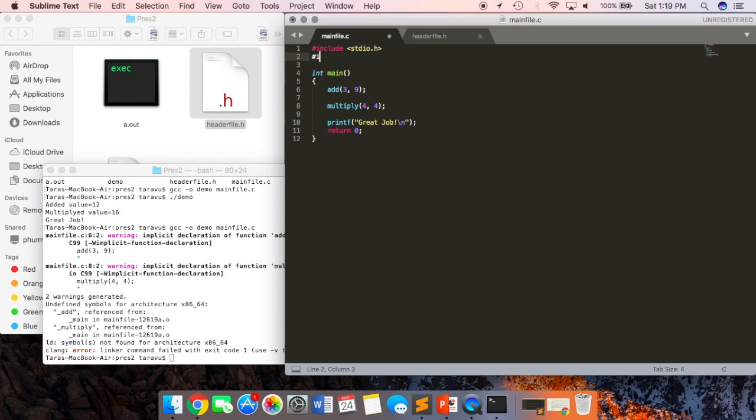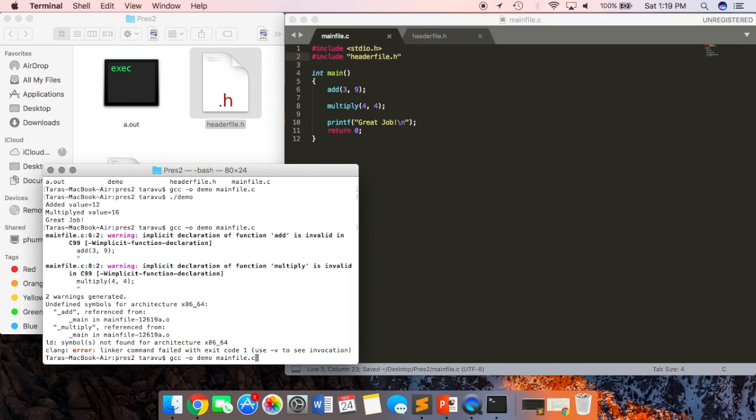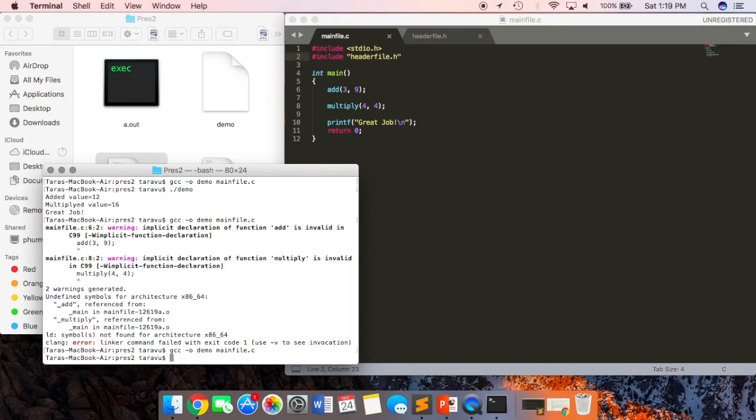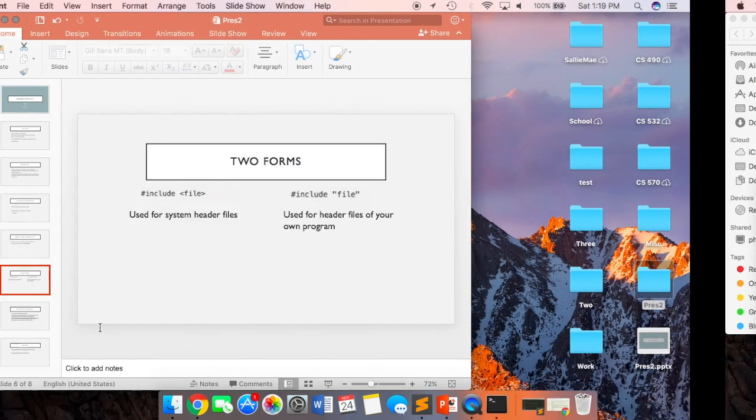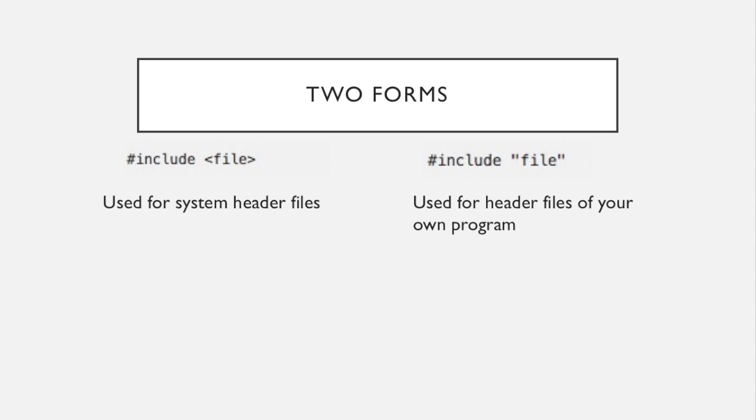So it is imperative to make sure that you do include those header files that you need to use and reference throughout your programs. Otherwise, that stuff will not run. So you can see that I did re-add it and it ran perfect. So if we go back to our presentation here,